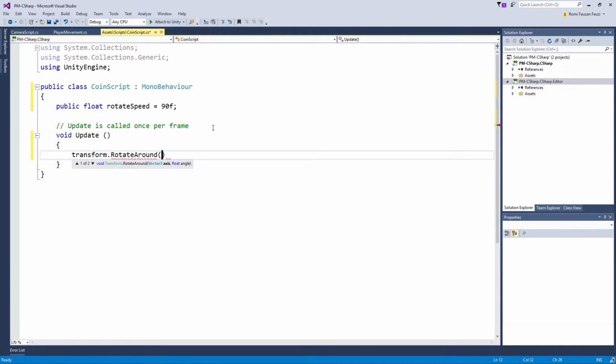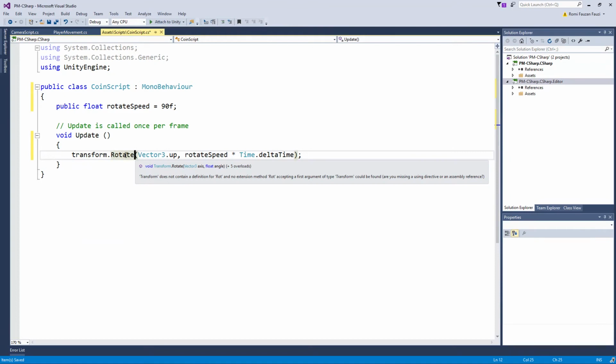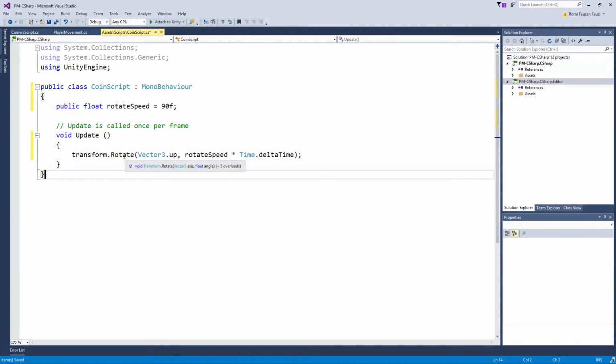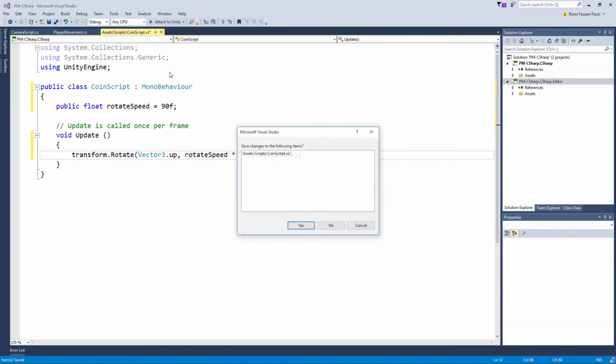Okay, I'm going to use Vector3 up, I think, the world, and okay, let's try this using this rotate speed and time, multiplied by Time.deltaTime, and let's save this. Okay, we are going to use the rotate. It's obsolete. Okay, cool. So let's save this, and hopefully this works. It doesn't want to save, so I'm going to close the script